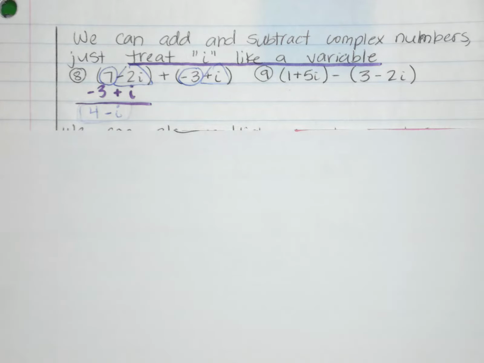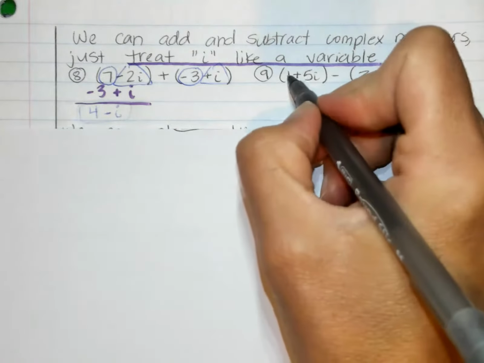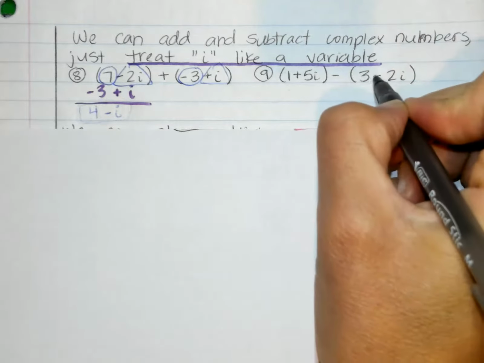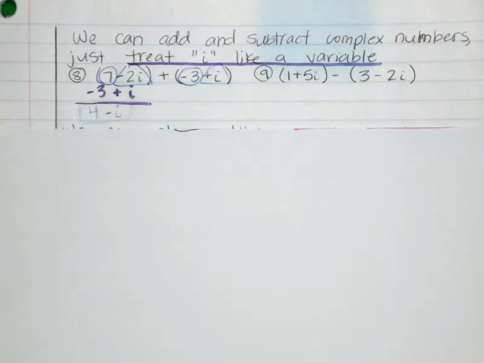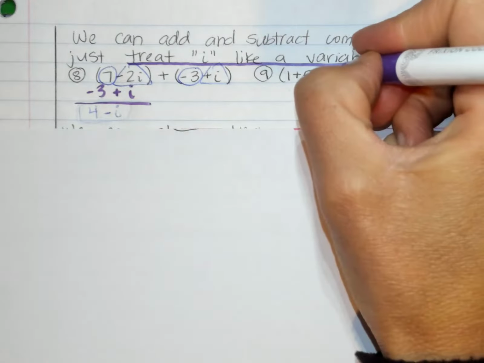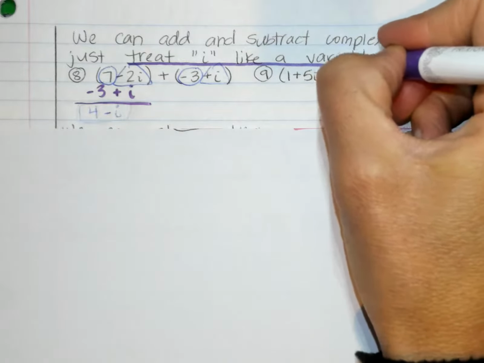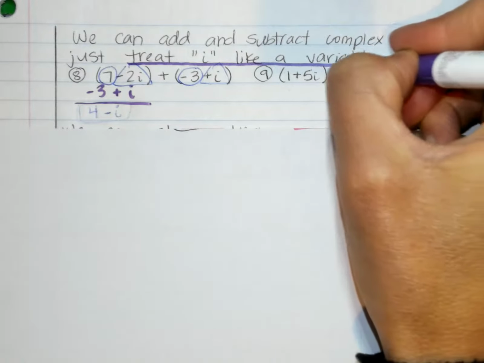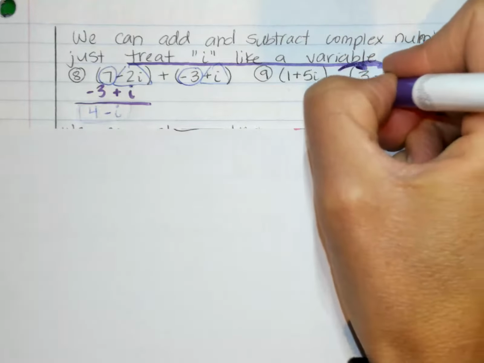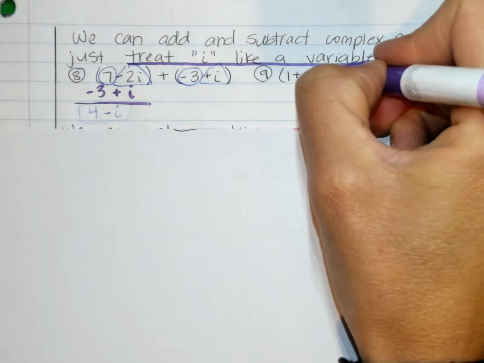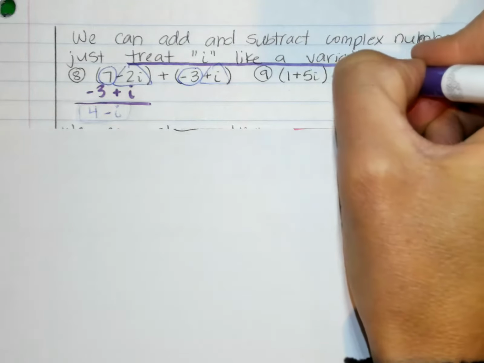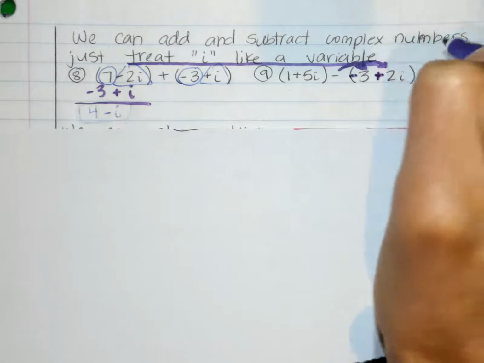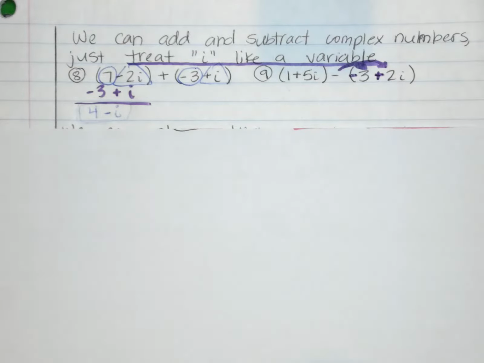All right, on the next one, number 9, it's going to be very similar, except we do have subtraction. So it's 1 plus 5I minus 3 minus 2I. And so we do need to distribute the negative and change the signs. If you remember doing that with other binomials, we do that sometimes whenever it's like this. So now it's going to be negative 3. I'll just mark it inside. So now it's going to be negative 3 and change that minus to a plus. So you can just combine like terms,